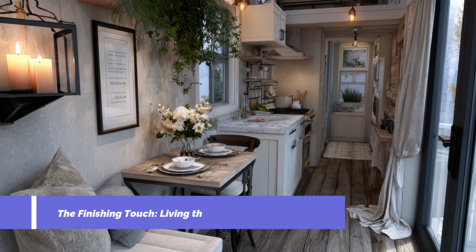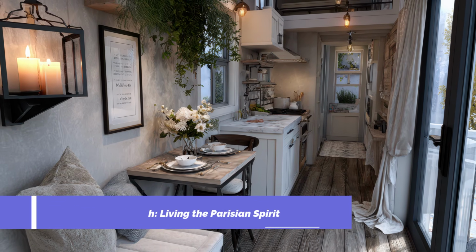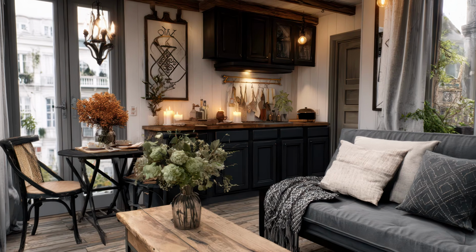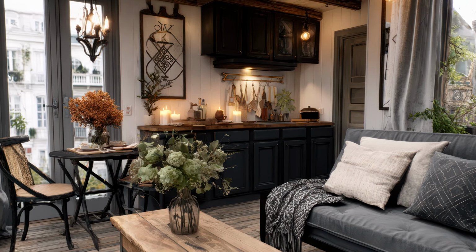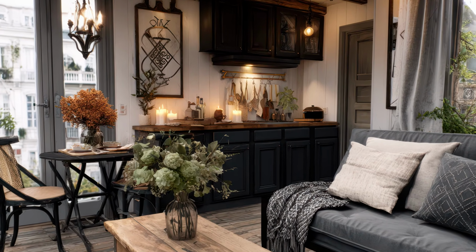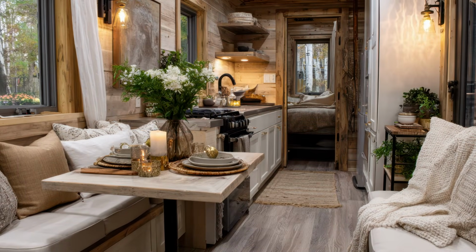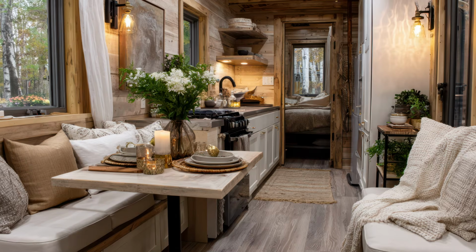Parisian timeless elegance isn't just a style, it's a way of living. It celebrates beauty in imperfection, grace in simplicity, and warmth in authenticity. The final touch is about emotion, a candle flickering at dusk, fresh flowers on the table, or soft music drifting